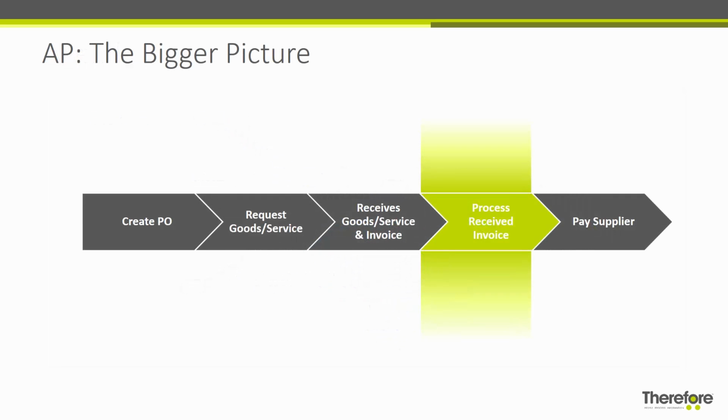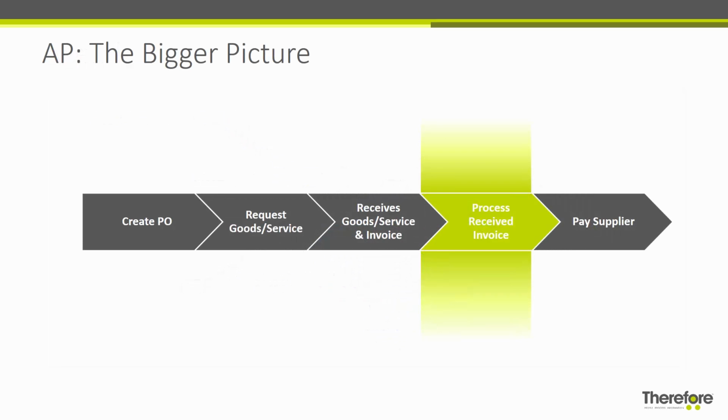Sure, I'll start this off. So, the accounts payable process is just a part of the entire operational workflow behind provisioning. And usually this process is called procure to pay, and it starts off with the creation of a purchase order. A good or service is requested from a supplier, and once this is received, it comes along with an invoice. This is where the accounts payable part actually starts, and in this case, we're referring specifically to processing received invoices. So this seems like a simple task, but it's actually the part of the process that has the potential to cause the most delays and hassles, both for the purchaser and the supplier, because this is where the money is